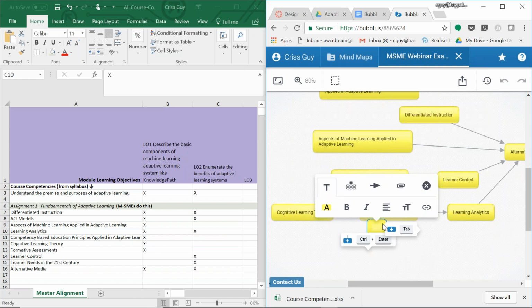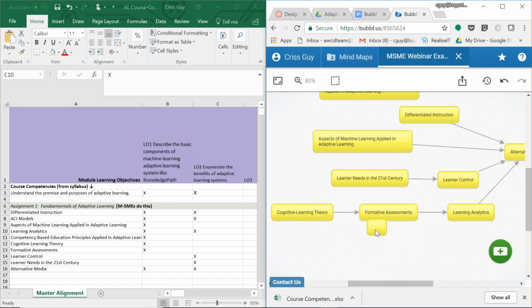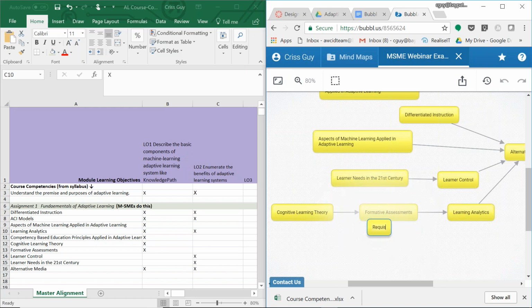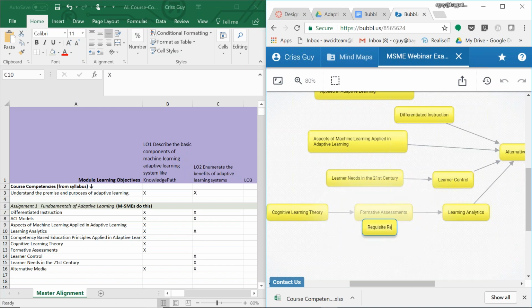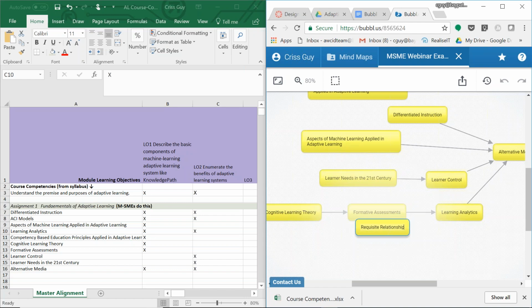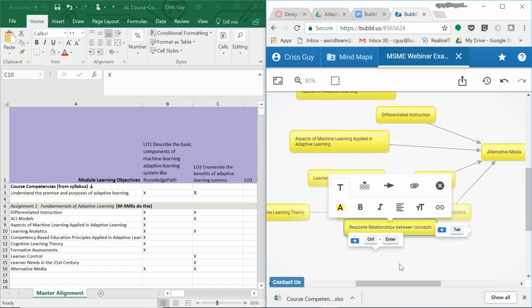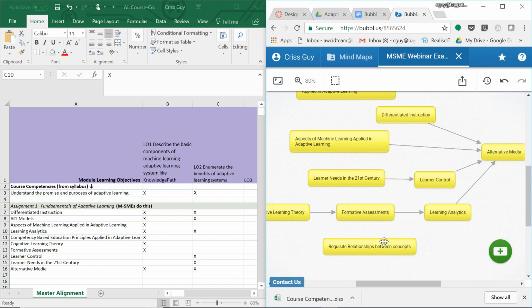And so, a little bit technically, working within the tool, it's very easy. I can double click to add another concept here. And I'll just say requisite relationships. That's a bit long of a title, and something that you'll want to work with your course builder on is identifying, and I will also give feedback in the training when we get to it, about being as specific as possible with naming your